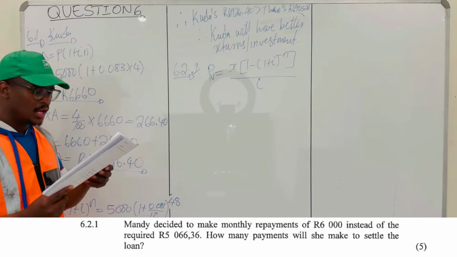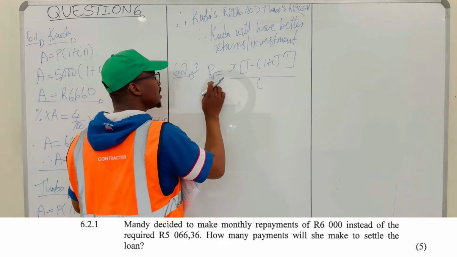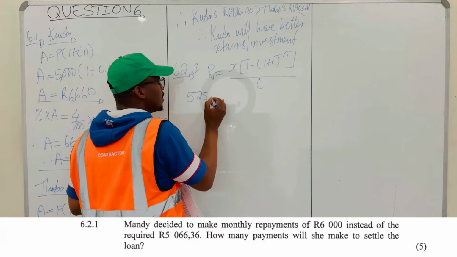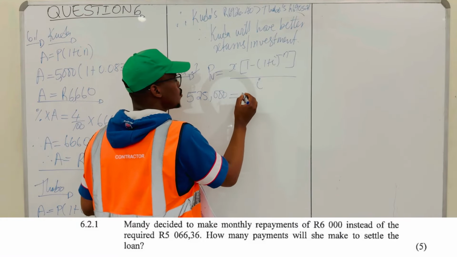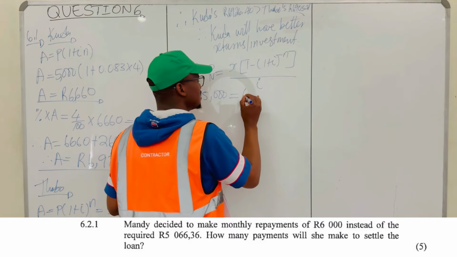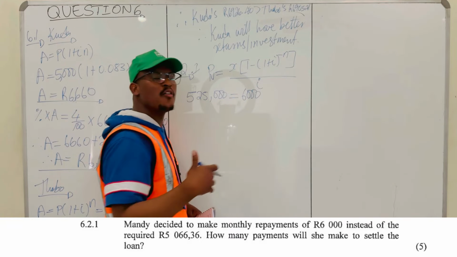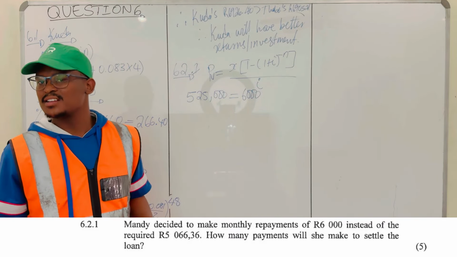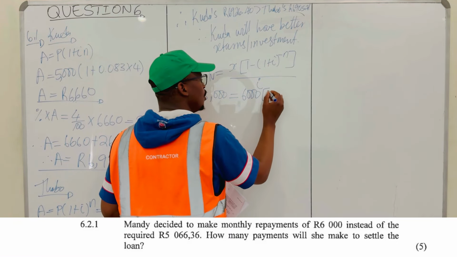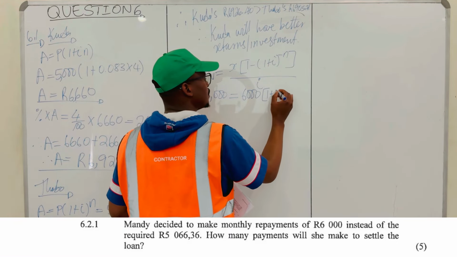Yes. How much did you take? It's 525,000. So the present value of the loan at the start was 525,000. Do you agree? Yes. It's equal to x. How much is she paying? She's paying 6,000 instead. So we expect the number of payments to be less than 20 years. Yes. Right? 6,000 into 1 minus 1 plus